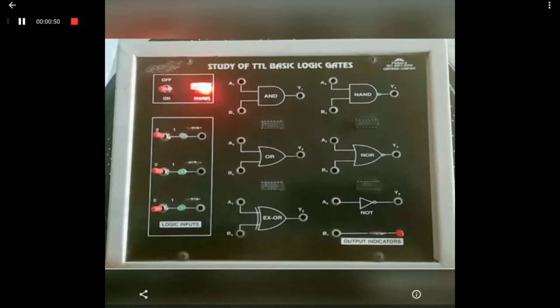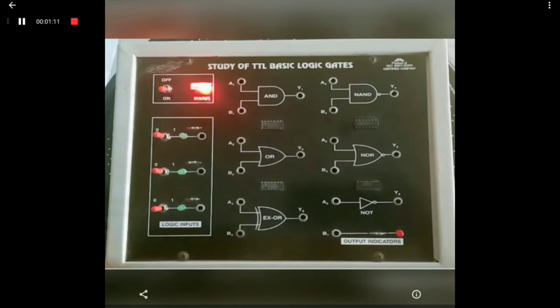If the output is 1 then the indicator LED will be on, and if the output is 0 then the LED will be off. In this way we will perform the experiment for all 6 gates, and verify all the truth tables.